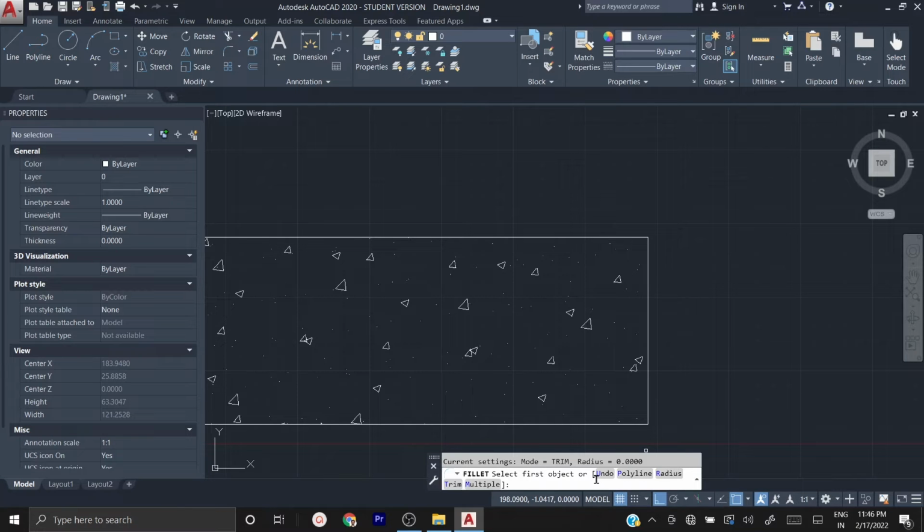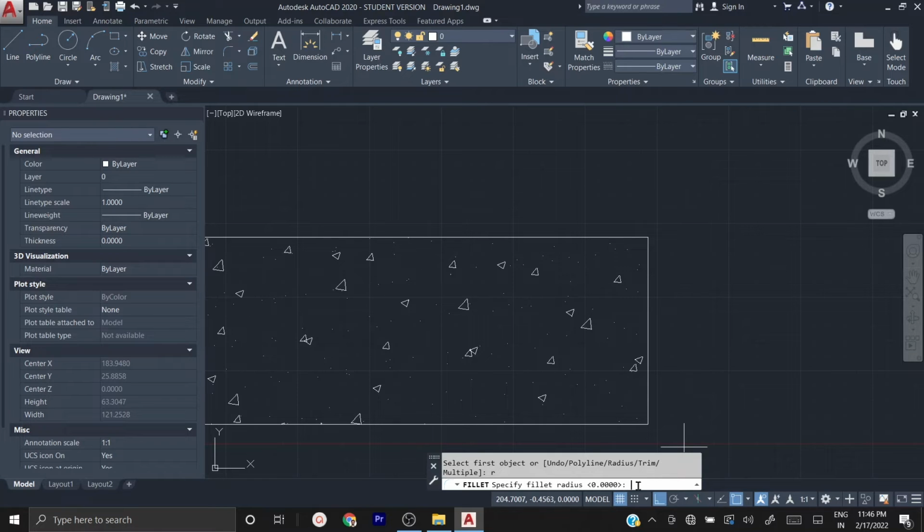See, you read the terms given in the square brackets: undo, polyline, radius, trim, multiple. So I'm going to fillet these two lines using radius. In that case, in the command prompt I have to type R, then enter. Specify the fillet radius. So at what radius you need to curve the two ends, that radius you need to specify.